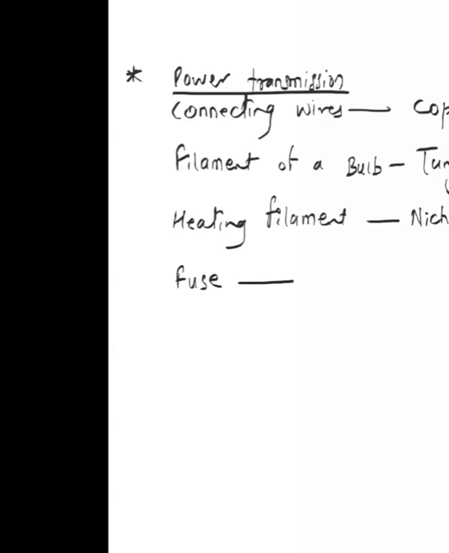Because what do you mean by resistance? Basically, electrons are going to rub more often with each other. Got it now? Electrons will keep on rubbing or colliding more often with each other. Exactly. So we want a lot of fight between them, they wrestle, so that they produce more friction, more heat, and it becomes red hot.